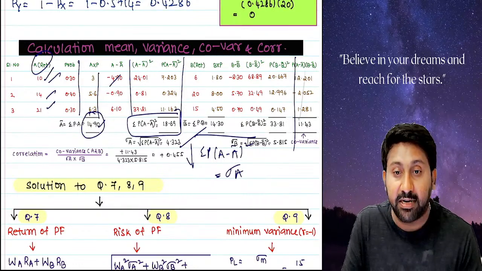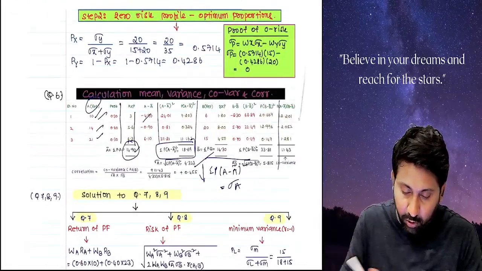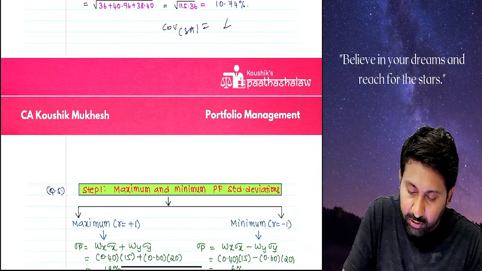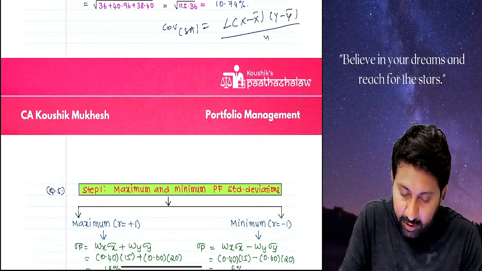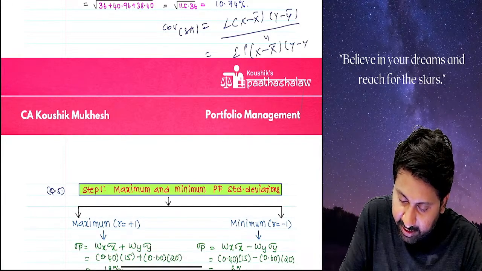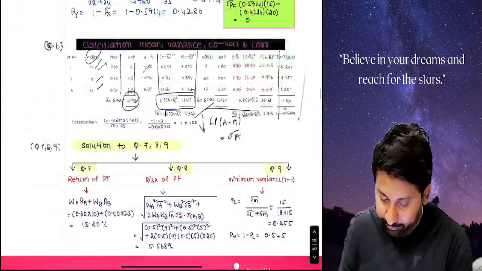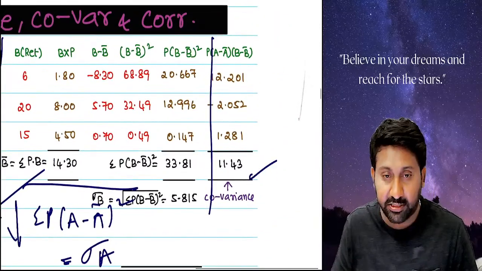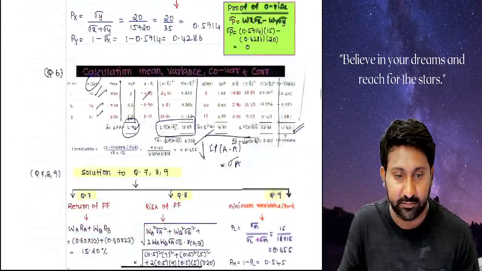P into A minus A bar into B minus B bar. Okay, for covariance two formulas are there. Which one? Covariance simple average is sigma x minus x bar into y minus y bar by n. Okay. Weighted average is sigma P into x minus x bar into y minus y bar. N will not come because probability already totals 1. So A minus A bar into B minus B bar, we calculated. This is the covariance. P into A minus A bar into B minus B bar, total will become the covariance.